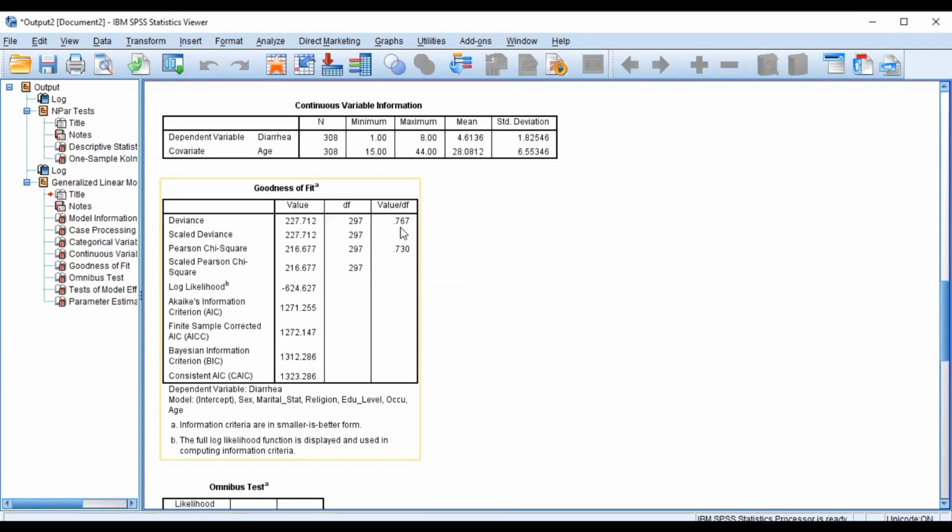negative binomial regression model. So basically, these are the two main things you want to run using the SPSS platform to be able to help you to decide whether you go ahead to run a Poisson regression or a negative